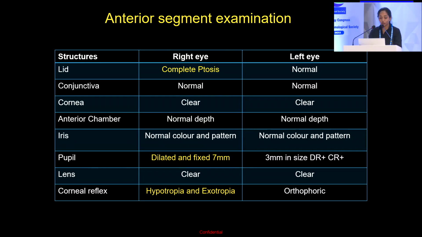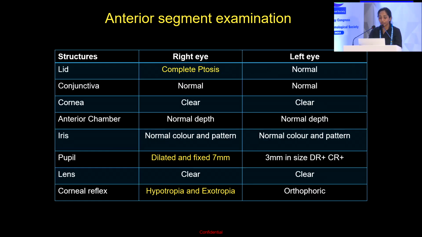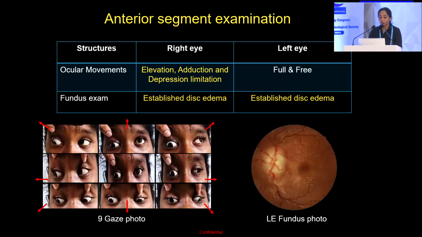Her conjunctiva, cornea, anterior chamber and iris were normal, but the pupil was dilated and fixed in the right eye. Extraocular movements of the right eye showed elevation, adduction, and depression limitation. Left eye anterior segment examination was normal, but the fundus examination of both eyes showed established disc edema. With the presentation of unilateral oculomotor nerve palsy with both eye disc edema, a compressive etiology was suspected and MRI